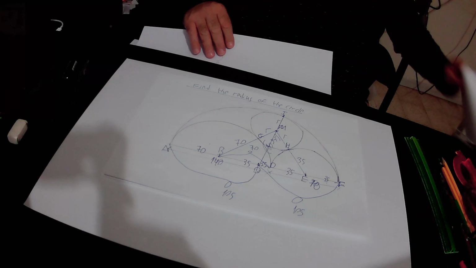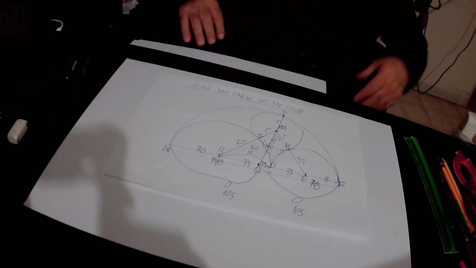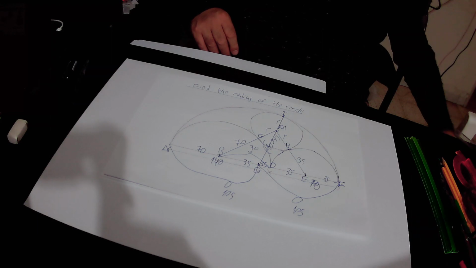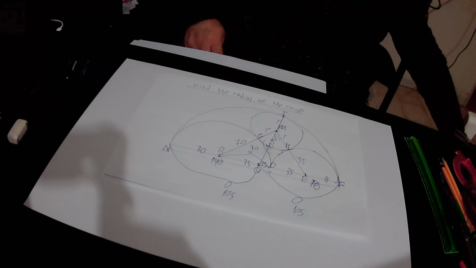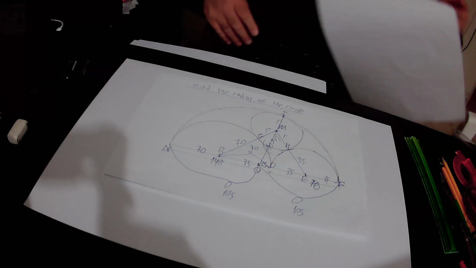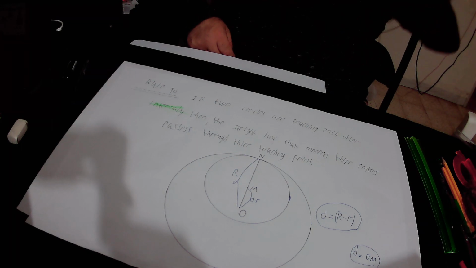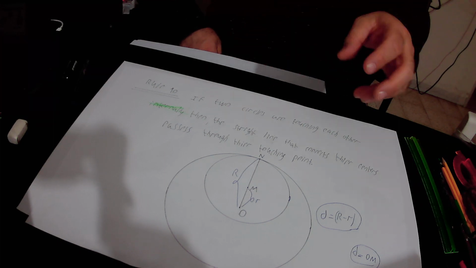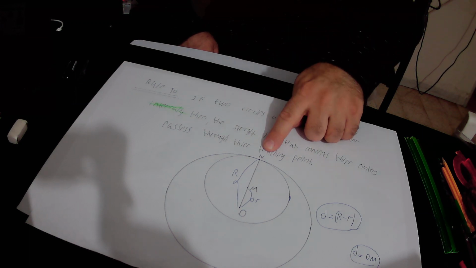In the next step, I actually presented to you two rules that are about two circles that are touching each other either internally or externally. According to rule number 10, if two circles are touching each other internally, that is to say, the small circle is inside the big circle and they are touching each other internally